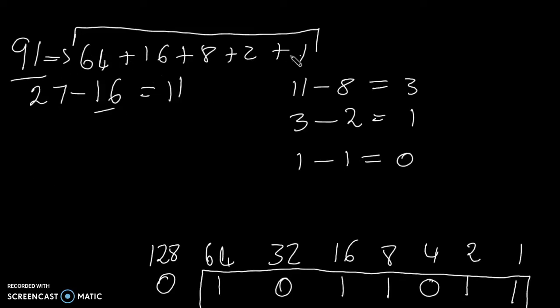Remember, here we only record numbers that are within the powers of 2. Let's do another one. Let's do 497 and write the powers of 2, which will be 1, 2, 4, 8, 16, 32,